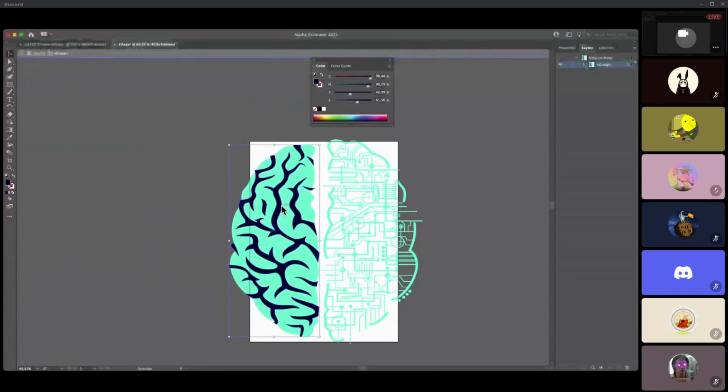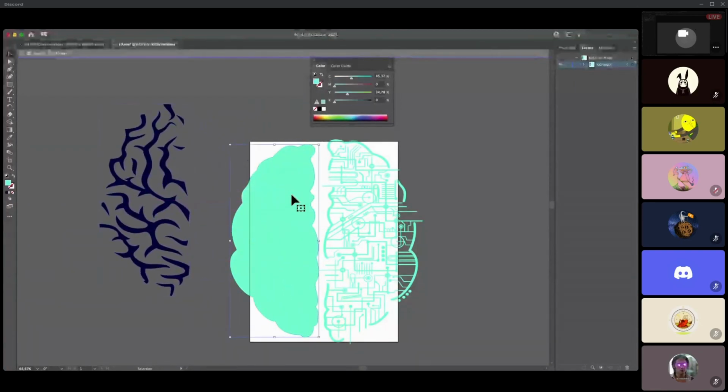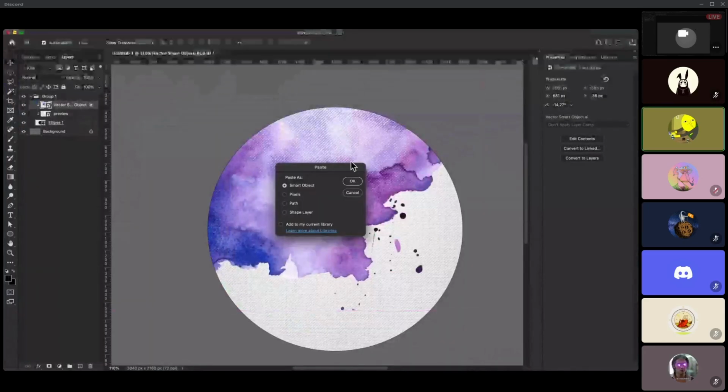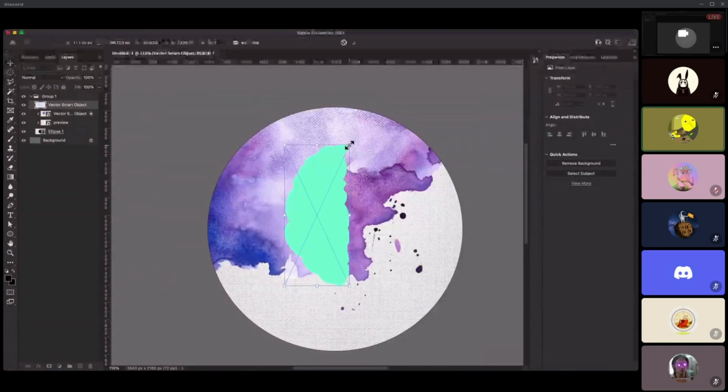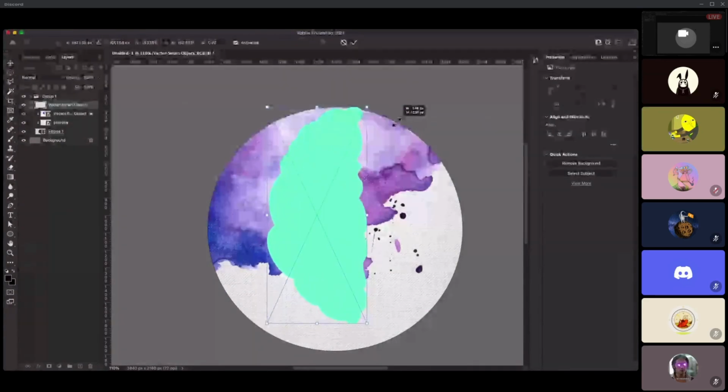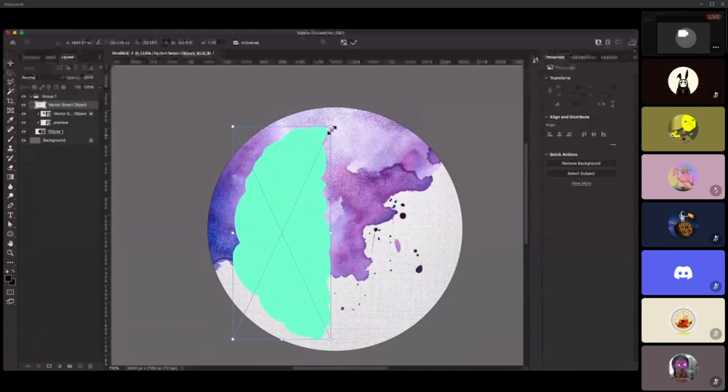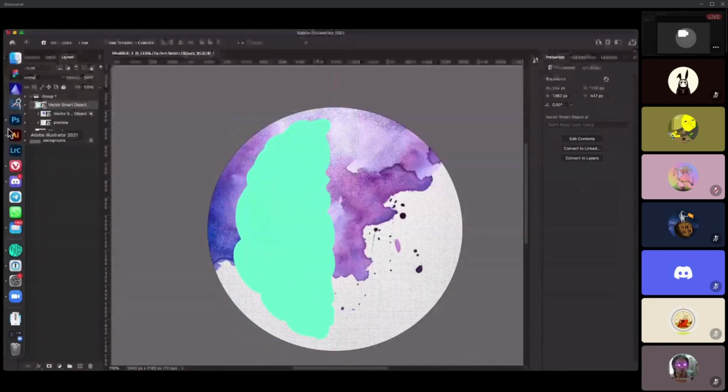So I'm just gonna take this. I'm gonna create a group around it. I'm gonna take this one, Command C, and I drop it in this one, Command V. I hold my Alt while I'm scaling it up. Don't worry about the colors now, because it's going to be different by the time you're done with it. So this is the first block.